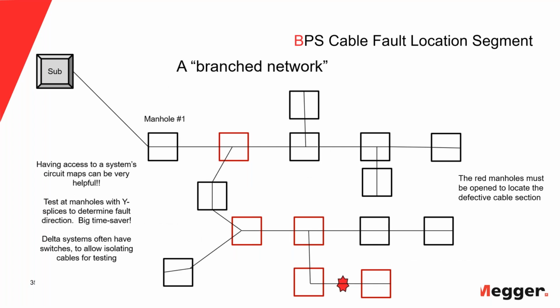And here's my network diagram, and you can see there are quite a number of manholes in it and branches in it, and you can see the fault is there on the lower side between the two last manholes, and you can see the red framed manholes are the ones I have to analyze to see where my fault current is going. Okay, so that is a way.